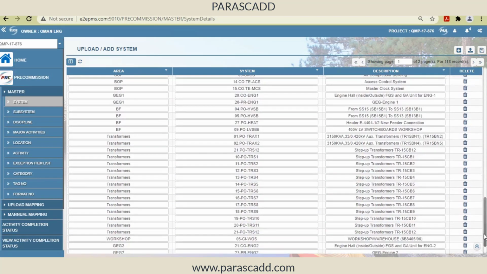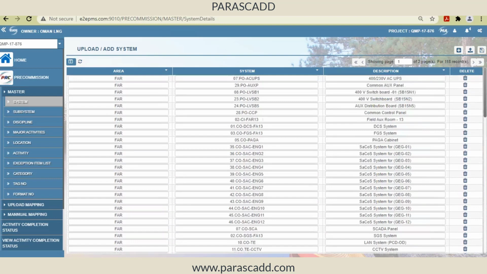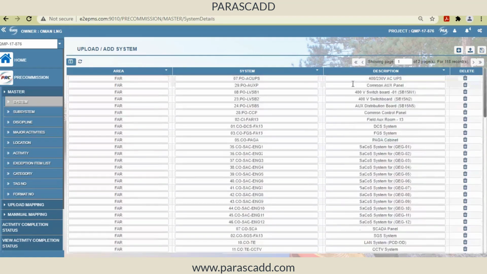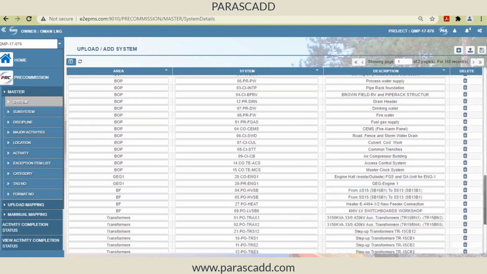This will be a parallel activity in my project. It is not necessary that at the initial stage of the project I will know all the system numbers. In parallel we can enter the systems, but to start with, there should be a system number, a system description, and maybe the area or work breakdown structure of the project the system belongs to. This can be entered here. We have the option to add one by one, or I can upload this in Excel format. If you have this information in Excel, we can directly upload it. So initially I have a system.